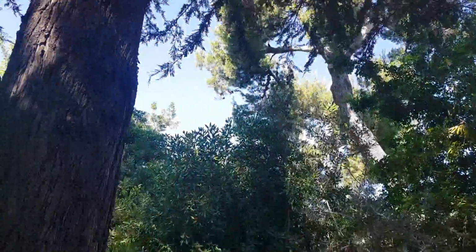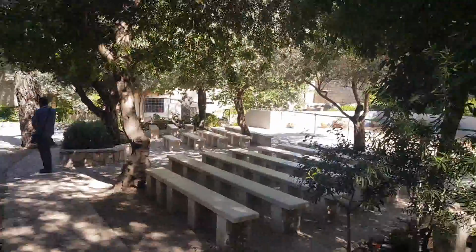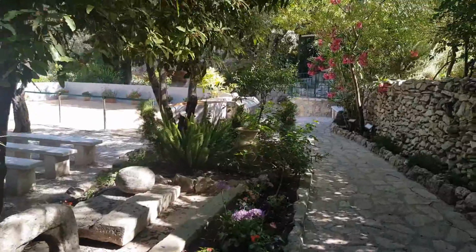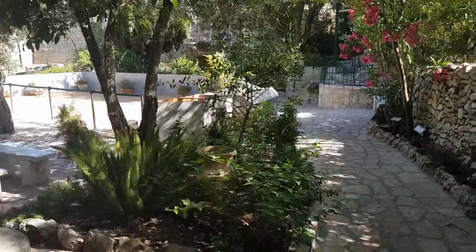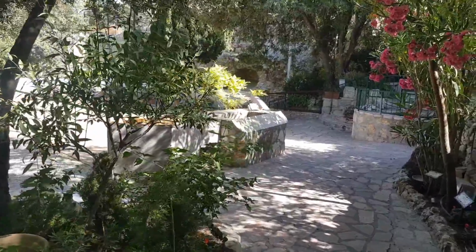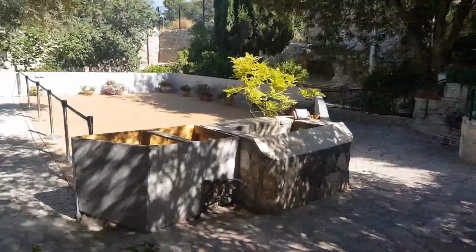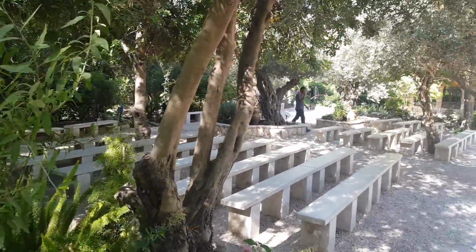Is that the garden of Joseph of Arimathea? Might be. If you're thinking about this city, can we build a huge garden inside the city, which is so crowded, so expensive, with so many things to see, so many synagogues, so many places, a lot of people visit? That is rare. Then in that case, we are so close to the city, and the Garden Tomb might be the garden